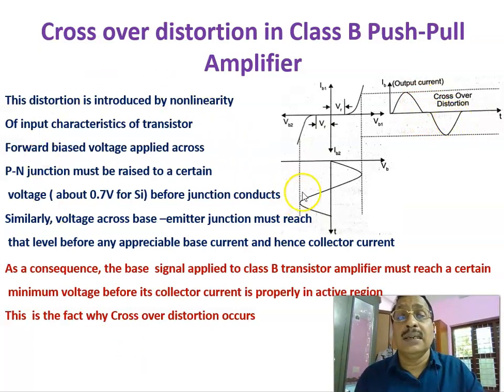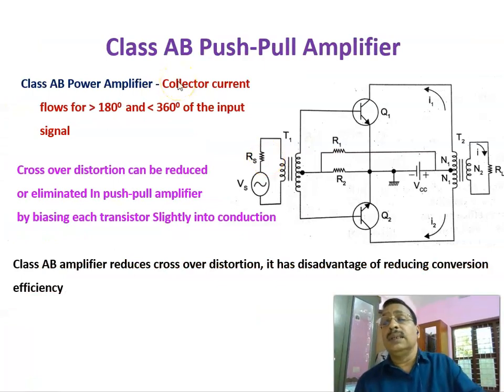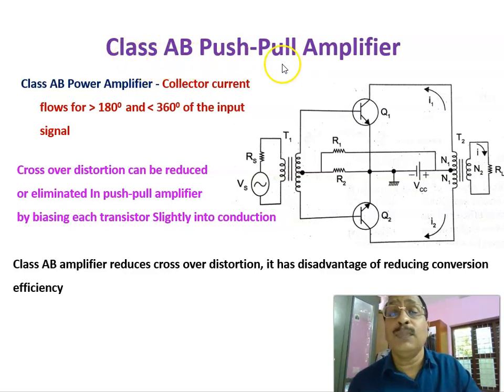That is the problem with a class B push-pull amplifier. Though the conversion efficiency is much higher than class A power amplifier, it is 78.5%. The crossover distortion was the disadvantage of a class B push-pull amplifier. In order to avoid this problem of crossover distortion, we are going for a class AB push-pull amplifier, in